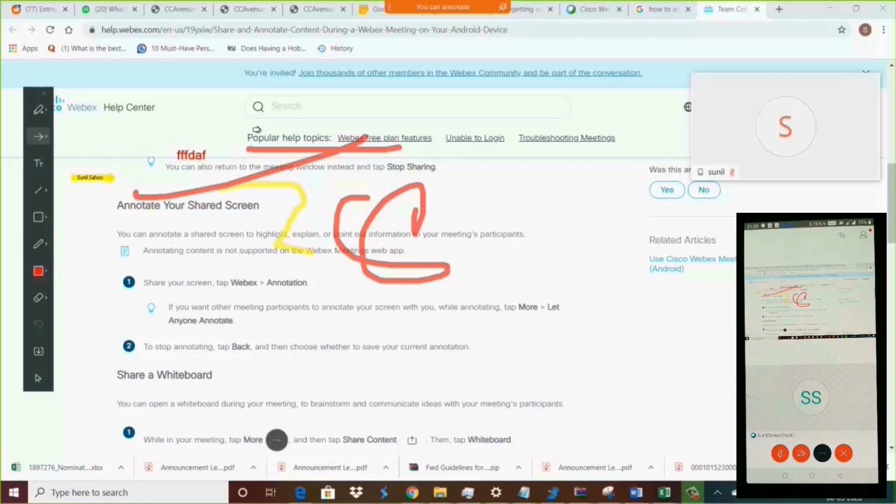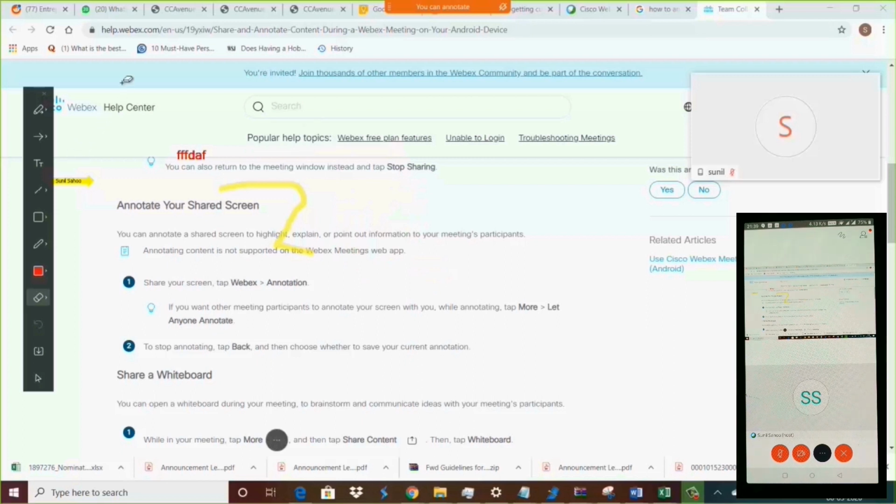Here's the arrow mark. Pointer, laser pointer. You can see the same on mobile as well, this arrow pointer. So all these tools, eraser as well, you can erase. You can see how I'm erasing. So all these tools are available when you start annotate. You can simply see on the mobile as well, when I press this, it will start